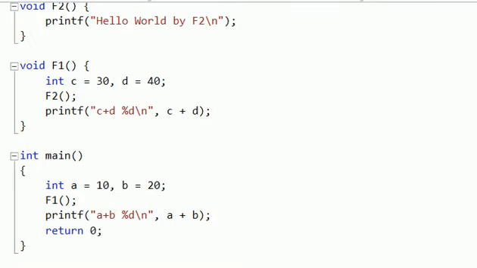Now in this case I am going to call function f1 from the main. So what happens now? Before the function f1 is called, the state of A and B and the next line after the function, this line address will be pushed onto the system stack. Now if you enter f1